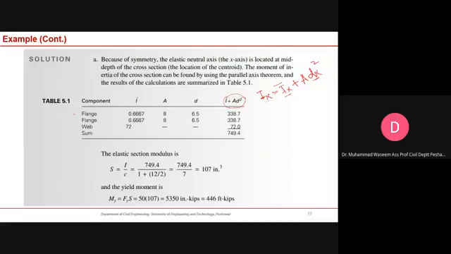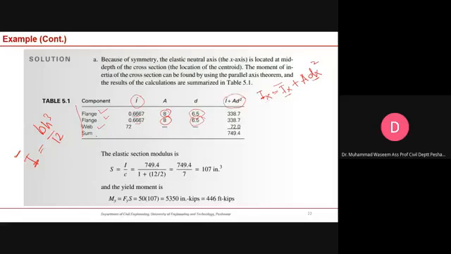So the computation is done here. There are two flanges and one web. For the flanges, this I bar value is the same, and these are rectangular shapes, so you can calculate it using this formulation. Then you have the area, which is very easy to calculate for a rectangle. The d is the distance. Once you have calculated this d value,